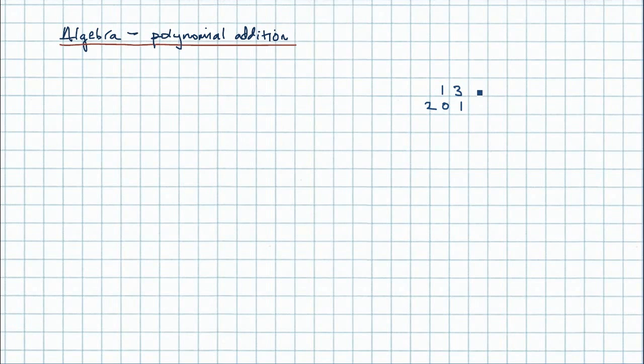So 13 can be rewritten 10 add 3, and all we're doing there is we're saying we've got one 10 and three ones. In other words, we're being aware that we have a ones column here and a tens column here. Okay, and here in our second term we have 200